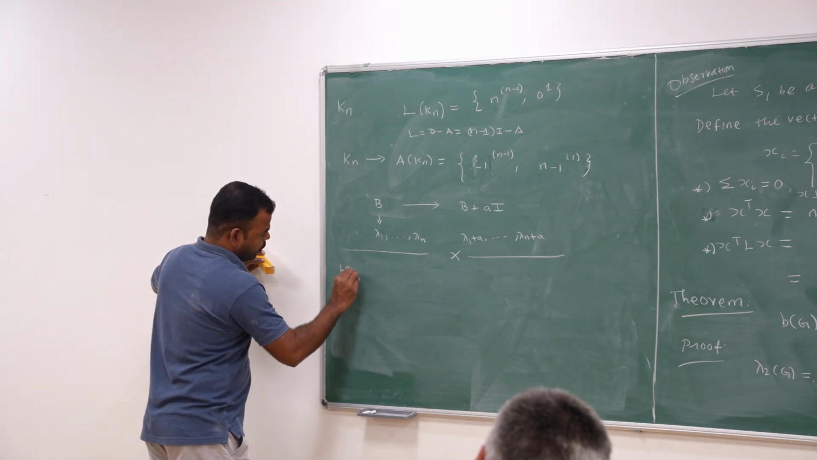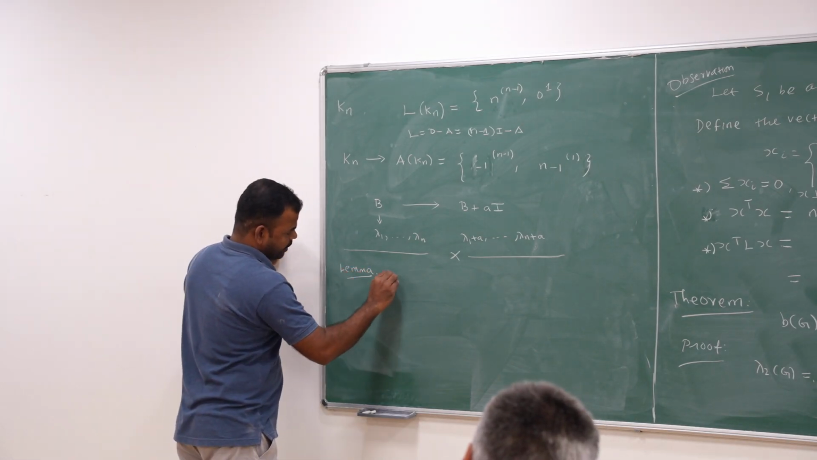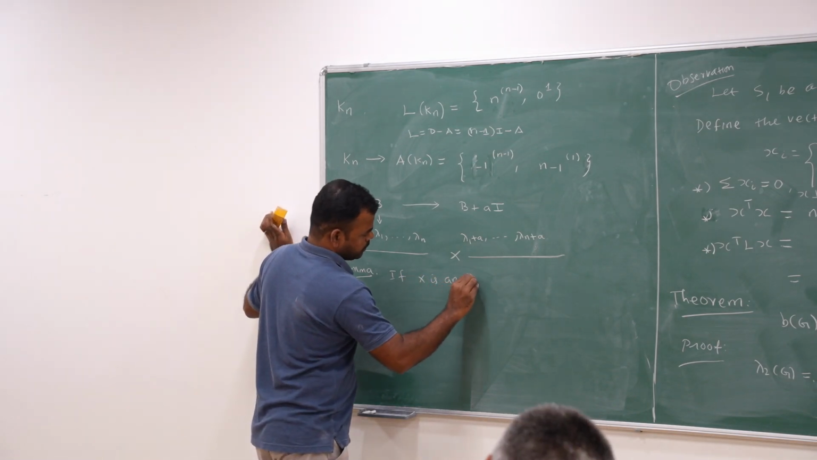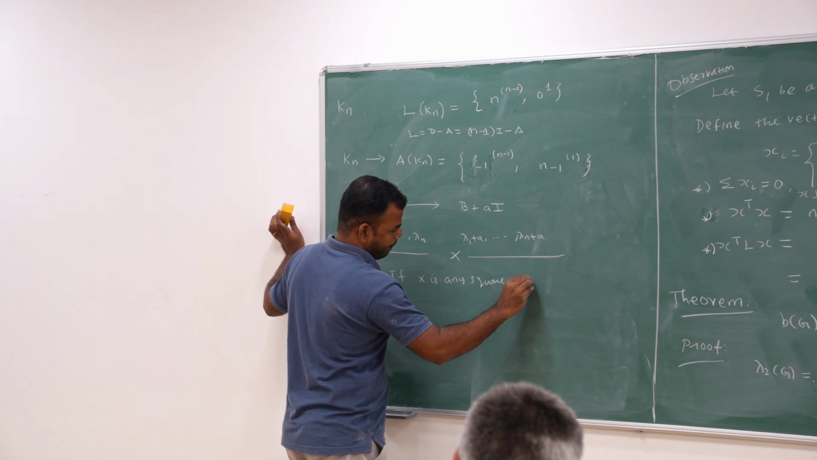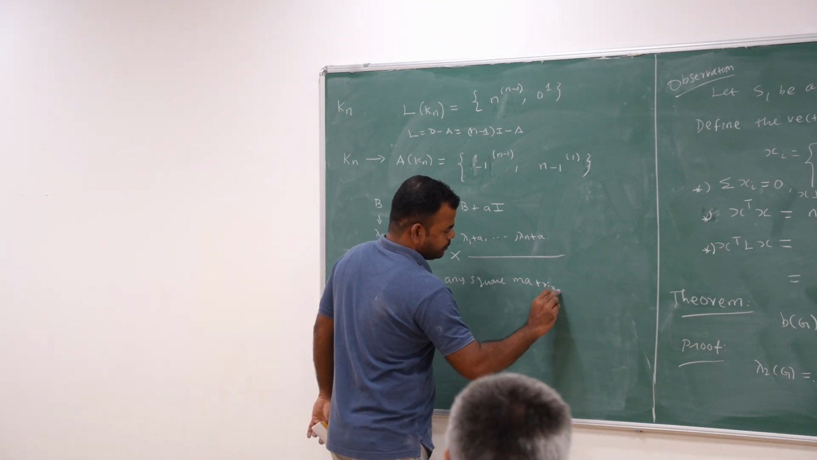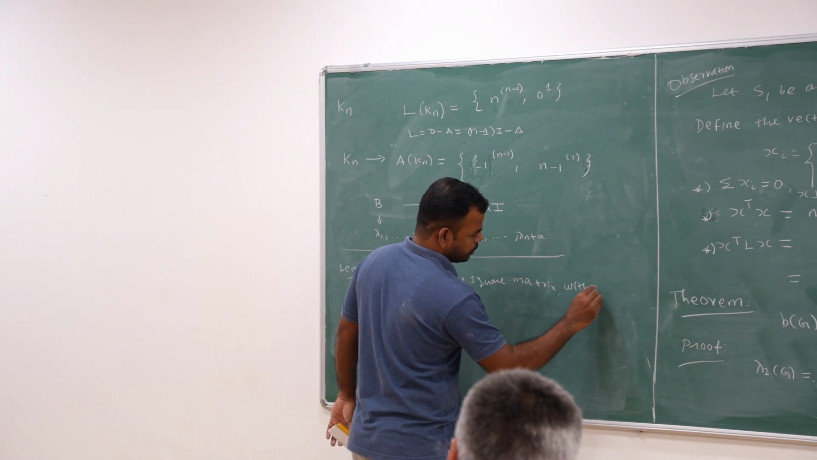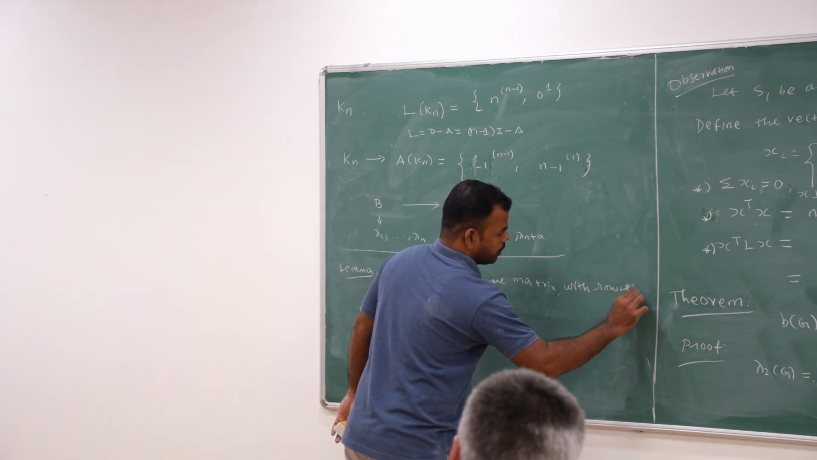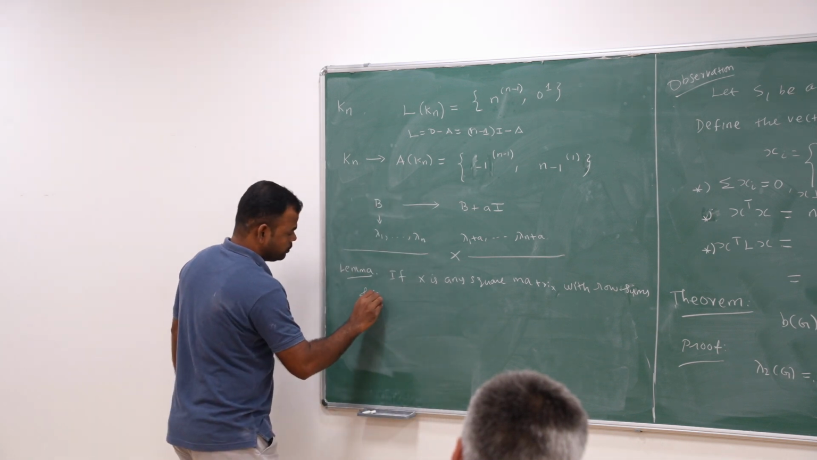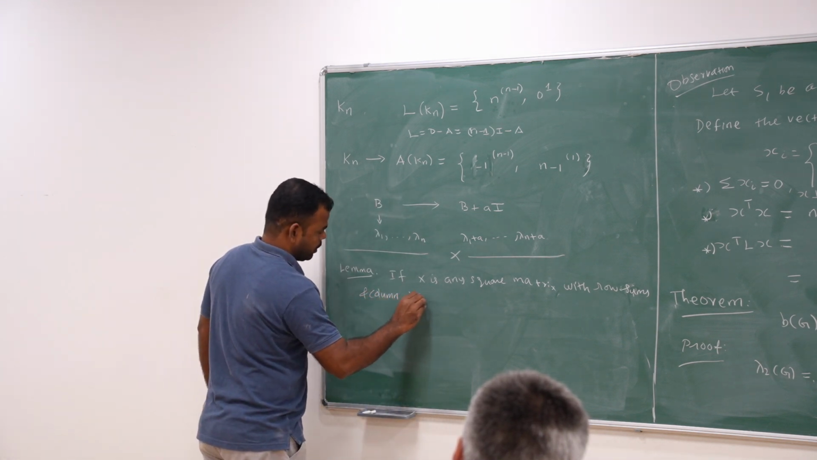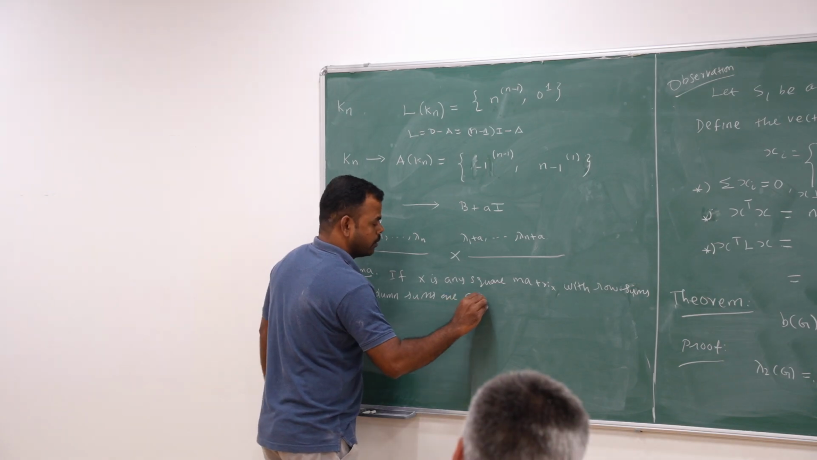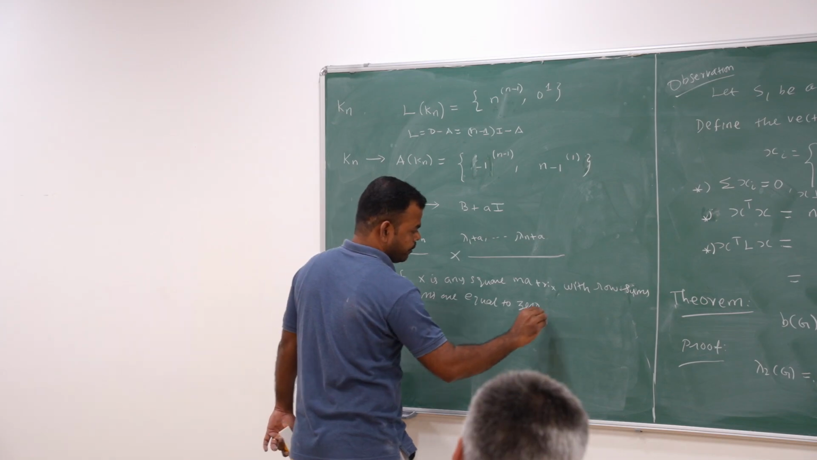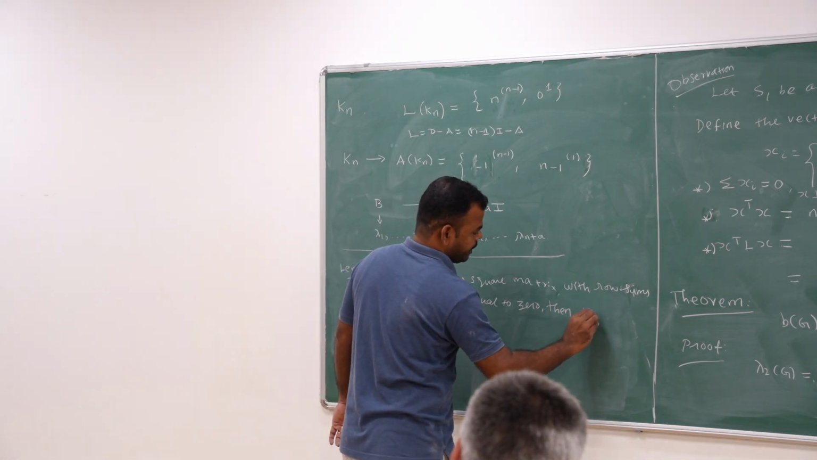I'll just give a proof of it. If X is any square matrix with row sums and column sums equal to 0, then the determinant of